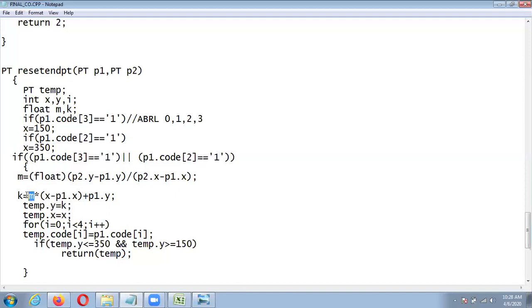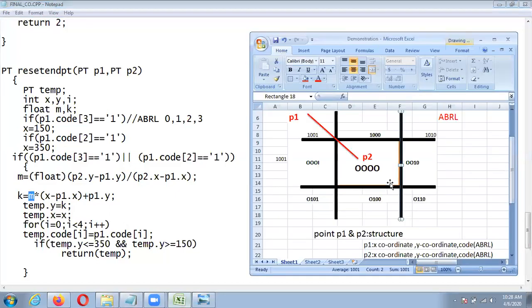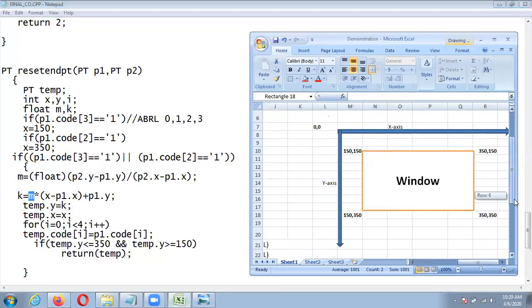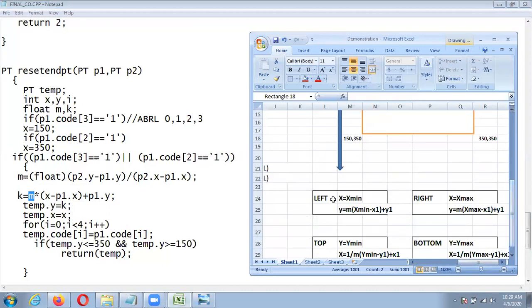We already showed you these equations: x minimum for left, x equals x max for right, and to find y, slope into x min minus x1 plus y1.